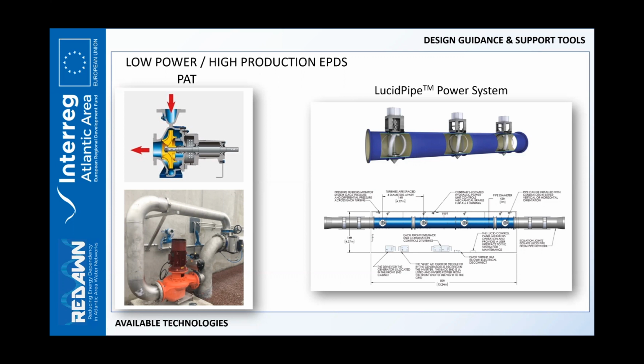Anyway, which are the available technologies for the high production points? The first one is the PAT, the pump as turbine, that is just a pump that is operated in reverse mode. Of course, they are low-cost devices. They have a great availability on the market. They need low maintenance, but they have also disadvantages, such as we need large casing for the piping